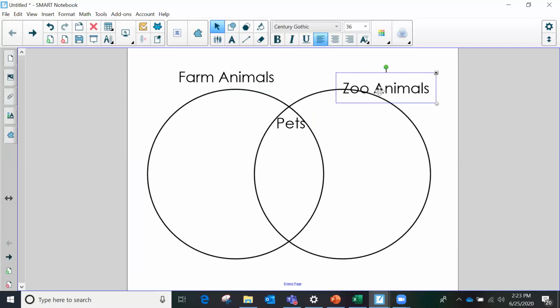So whatever content you would like to use or whatever text you'd like to use for your Venn